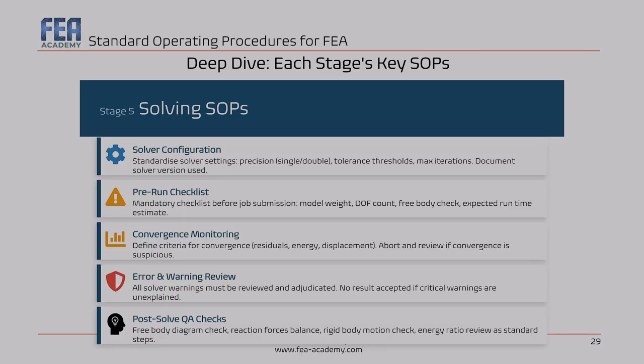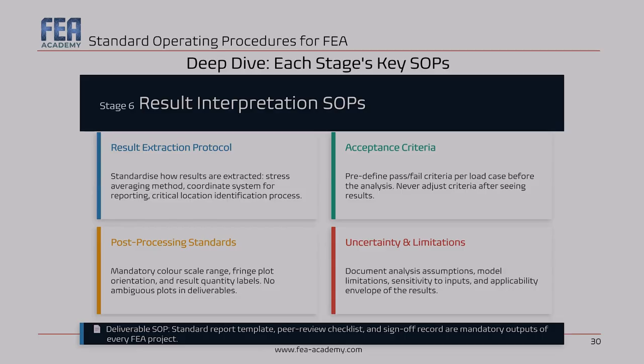So the solver has delivered its verdict. Now comes the intellectually demanding stage, and the one most vulnerable to bias: result interpretation, the last stage, okay? Here, at the results interpretation SOPs level, I want to start with a principle that I consider, again, non-negotiable, and which I want you to take away from today, even if you forget everything else. Acceptance criteria must be defined and approved before you look at the results. Not during, not after, before.